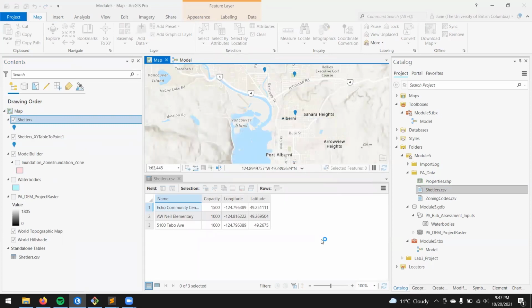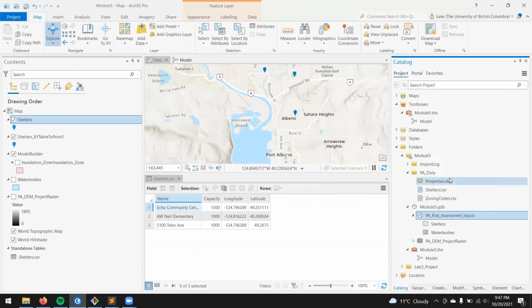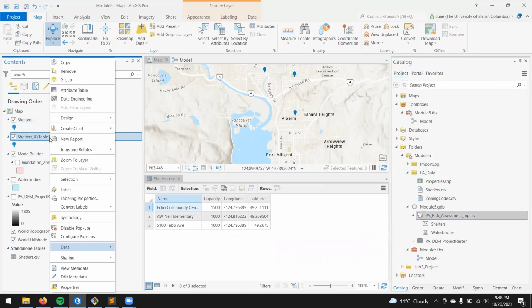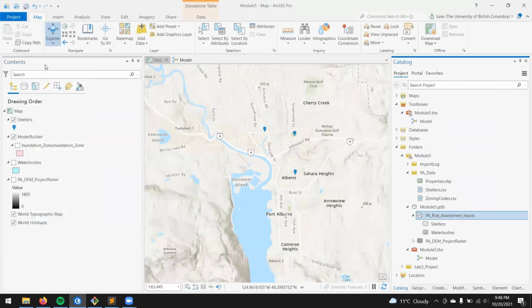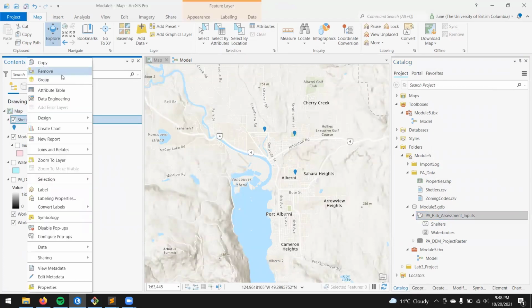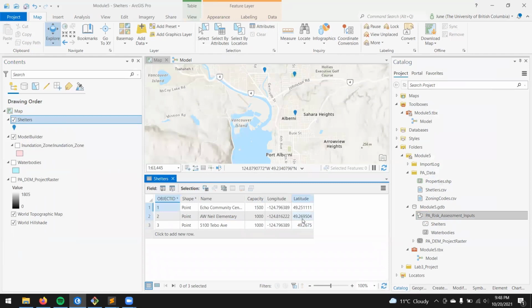You see it pop up. If you refresh this, you should see the shelters in here, so you can remove the old layer now. You can get rid of the table as well. And so now if you open the attribute table, you see all the attribute data, but it's also assigned this object ID, and now you can click on things in the table and they show up selected here. So it's pretty quick and easy to import text data that's just representing points. There's just 2 steps. You have to import the XY and then save it again as a separate